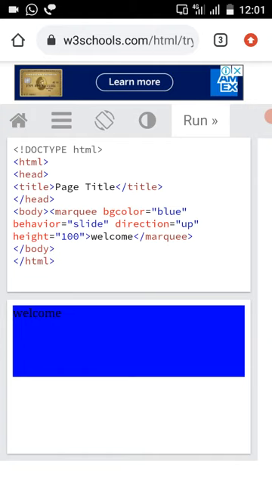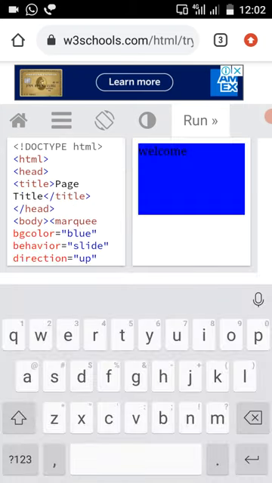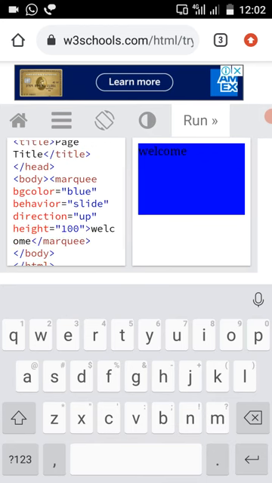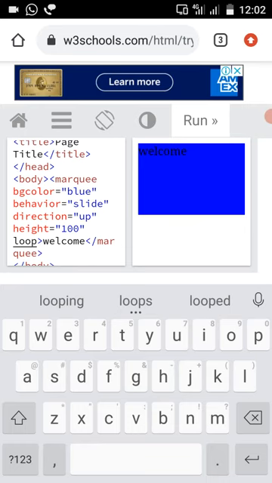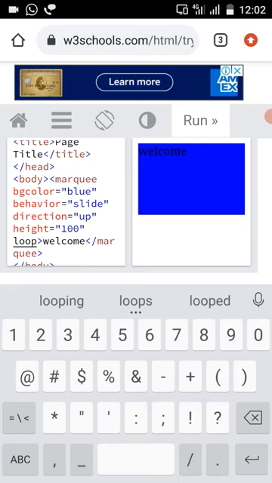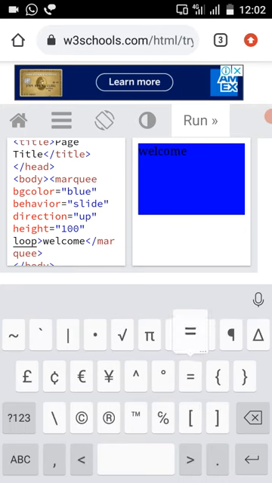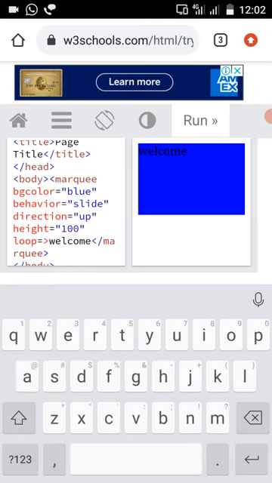Again, you can also add the number of times you want to loop. Here you can make use of another attribute called loop. Whenever you use this loop attribute, you can manage how many times your text is going to be scrolled or slided.